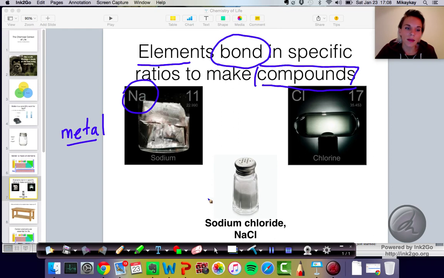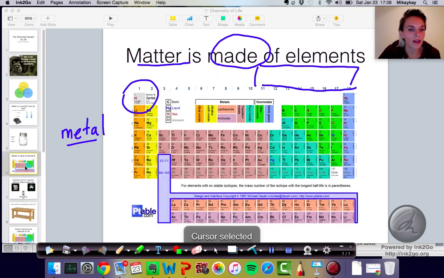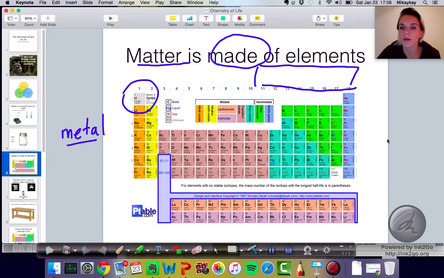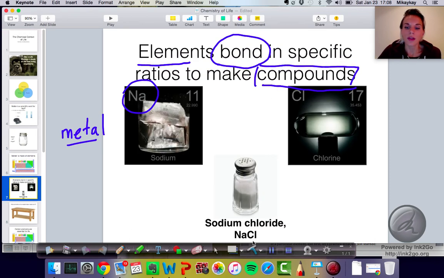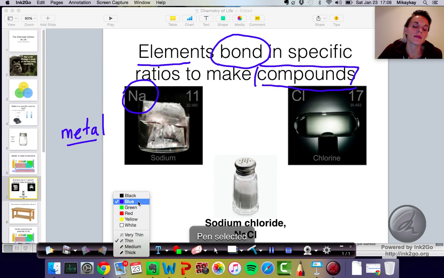And then we have another element, chlorine. And again, I can point that out on the table, but you should remember that that's in group 7. And sometimes we call group 7 the halogens. And so we have chlorine right here, right? So we have chlorine and we have sodium. So chlorine at room temperature is a gas.